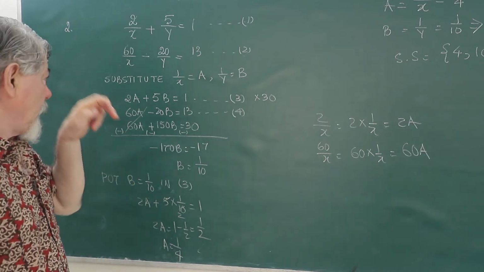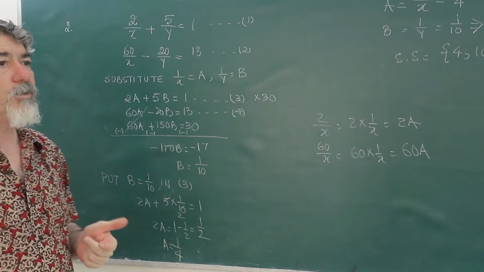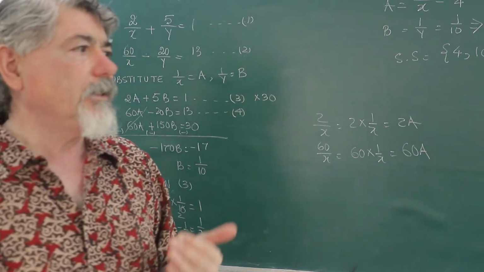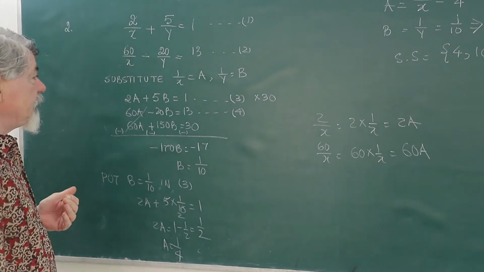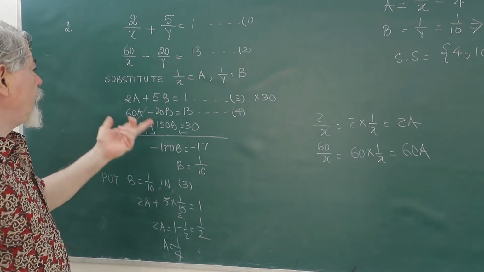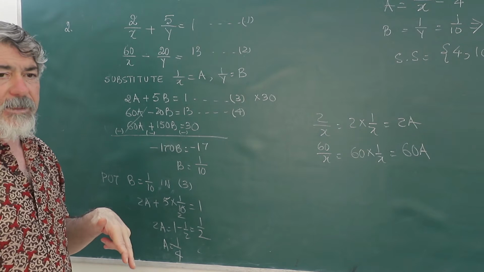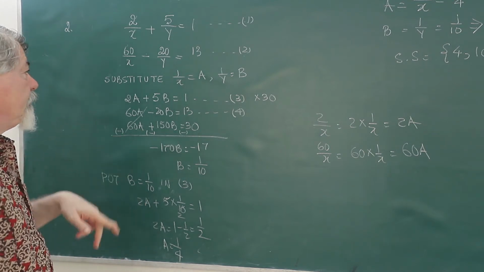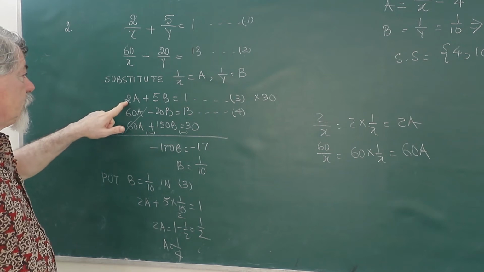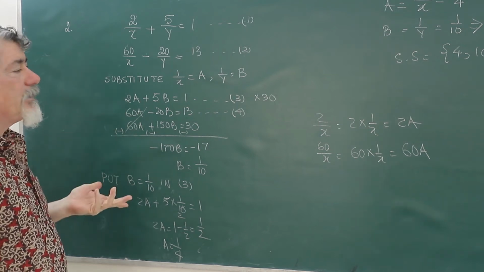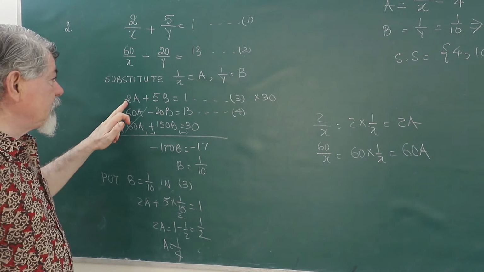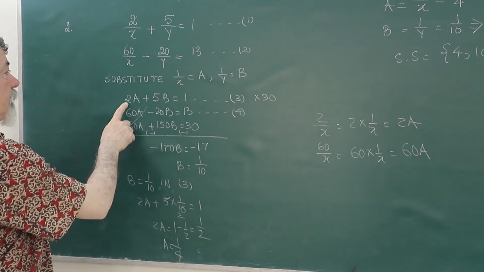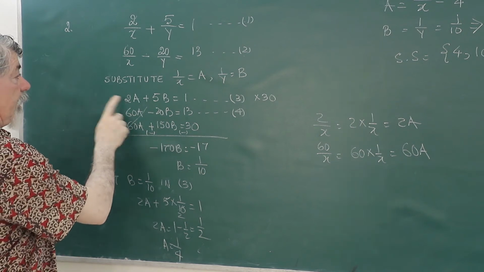Third and fourth. Now I want to make either the coefficient of a or the coefficient of b equal. Either of the things. So I think that will be easier. I could have made it for b also equal by multiplying equation 3 by one number only. Here what I am doing is, this is 2a, this is 60, LCM is 60. So I will multiply this equation by 30. Equation 3 I multiply by 30. So 2a